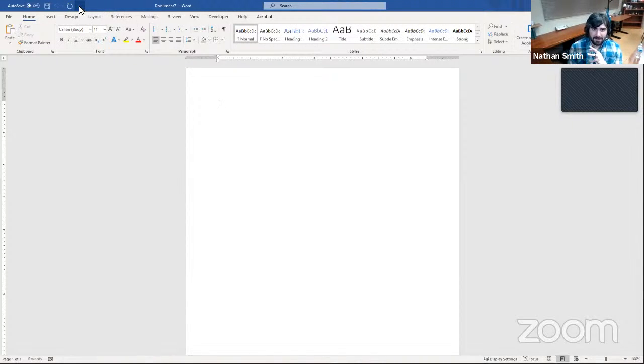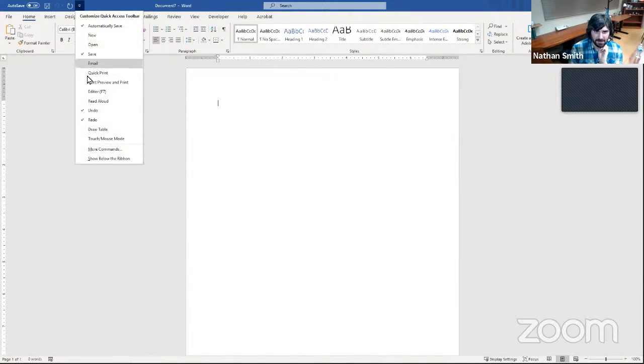So one last thing about the quick access toolbar here, it has this drop-down arrow next to it. If I click on that, it's going to give me a drop-down menu. In computer world, whenever we say a menu, we're just talking about a list of options that you can choose from. Just like at a restaurant, a menu is the list of things that they can make for you, and you have to select one. The drop-down menu here will allow you to click on additional